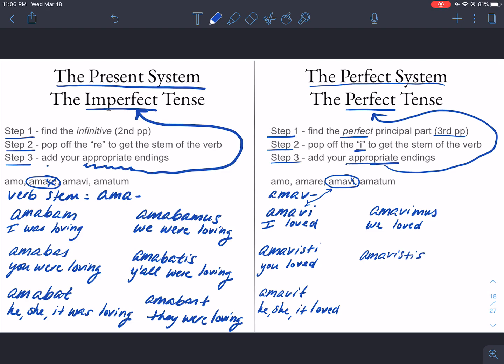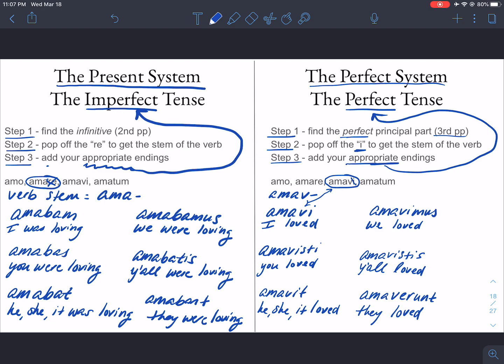Amavistis is y'all loved. And amaverunt is they loved. Okay? So we just conjugated the same verb, but in the perfect tense, with the perfect tense endings, which you're about to see. But, excuse me, before we do that, I would like to draw your attention to something kind of